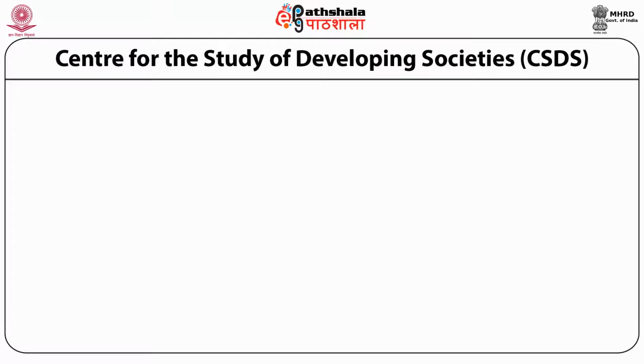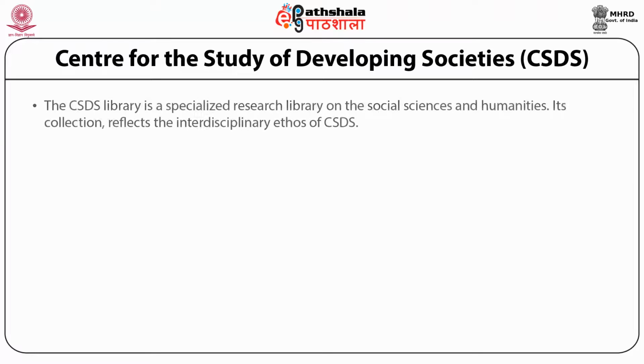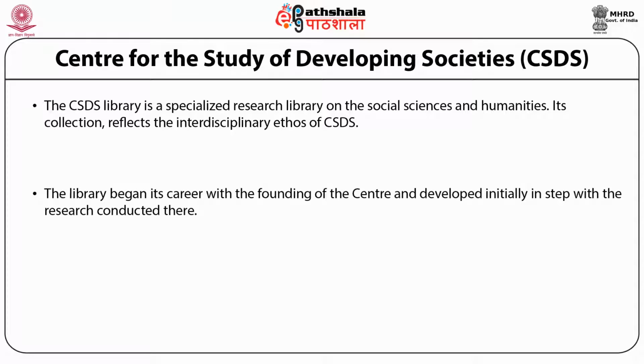Center for the Study of Developing Societies. The CSDS library is a specialized research library on the social sciences and humanities. Its collection reflects the interdisciplinary efforts and ethos of the CSDS. The library began its career with the founding of the center and developed initially in step with the research conducted